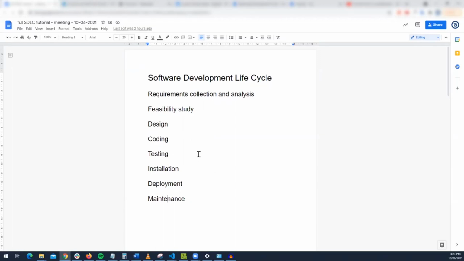And if you're doing it in an agile method, the reason why you would use agile is because you might not have all the requirements set out for you. And just think of agile as mini waterfalls for every single sprint. So it's iterative, and every single sprint that happens, you gain more requirements, and you do more design, you do more coding, and you do more testing, and then you deploy